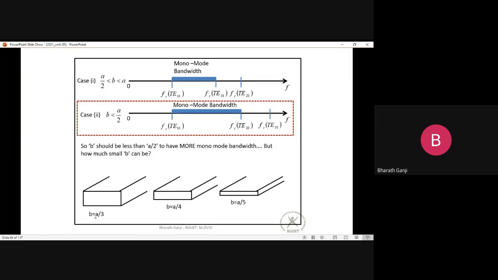Okay, and this is something like b is equal to, I can say this is b is equal to 10 by 0.3 times of 0.33 times of a, and this is 0.25 times of a, and this is 0.2 times of a. Okay, so all these cases are b less than 0.5 times of a, a by 2 కంటే తక్కువ ఉన్నాయి కదా. ఓకే, అన్ని కేసెస్ అవే. అయితే నేను b less than a by 2 తీసుకుంటే, for any b less than a by 2 the bandwidth will